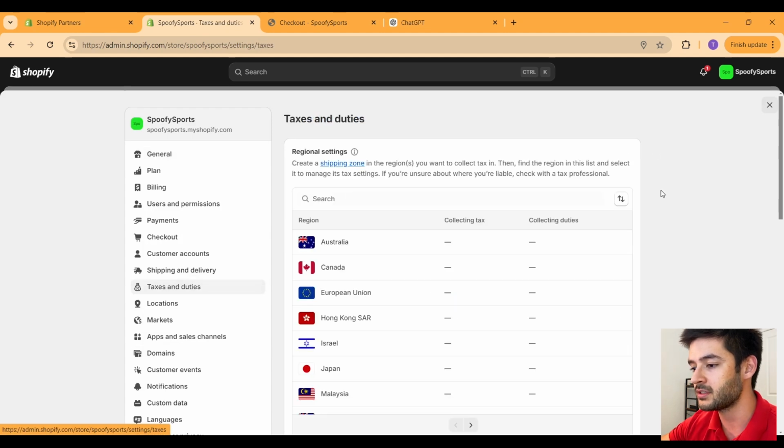From here, you need to select the country or countries that you're going to be selling to. For us, we're only selling in the United States right now, but keep in mind the process for this is going to be extremely similar no matter what countries you're selling to. You just need to make sure that you are collecting the correct sales tax and any other tax liabilities depending